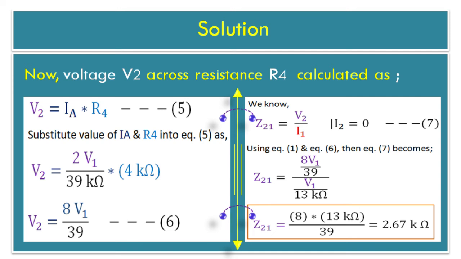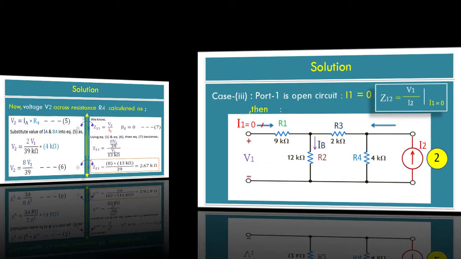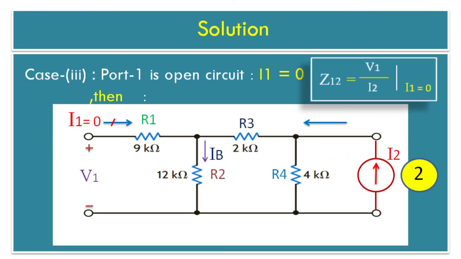Using equation 1 and equation 6, then equation 7 becomes Z21 is equal to 8V1 upon 39 divided by V1 upon 13 kilo ohm. After calculation, we get Z21 is equal to 2.67 kilo ohm. Solution: in case 3, we are obtaining open circuit impedance parameter Z12 is equal to V1 upon